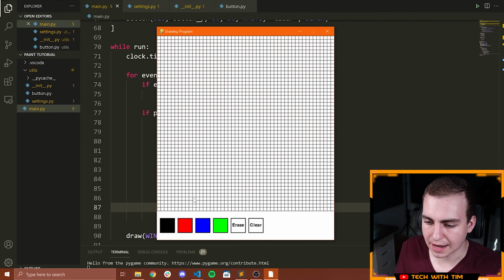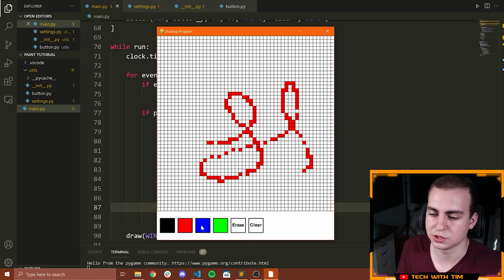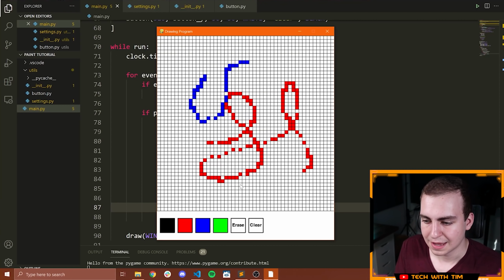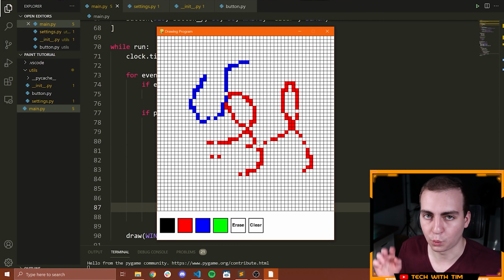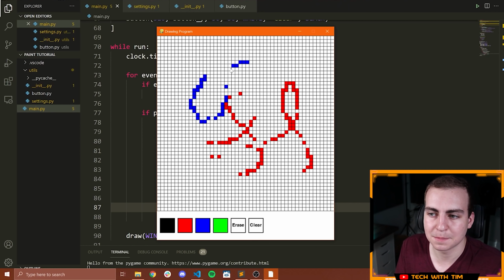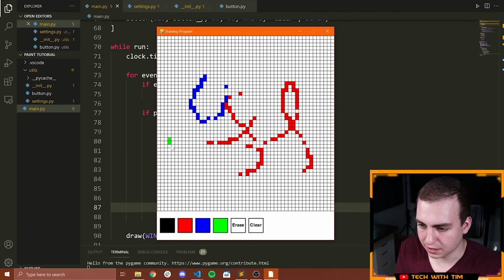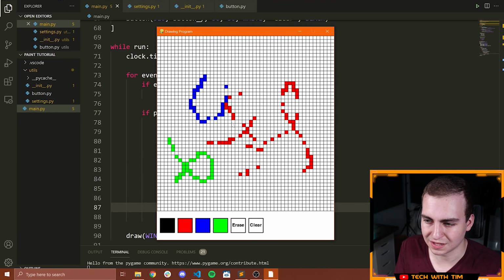So let's do this. Now when I press red, notice I start drawing in red because I changed the drawing color variable to be equal to the color of the button that I pressed on. Now if I press erase, this works too. Why does erase work? Well, erase works because the color of erase is white. So when I press on erase, I'm not actually erasing these pixels. I'm just drawing over them with white. That's kind of what we're doing. And since the background color is white, well, there you go. That's how it works, right? And we can go to green. Green works, but clear is just another erase, right? When I press clear, it's doing the exact same thing as erase because we haven't implemented anything for clear.